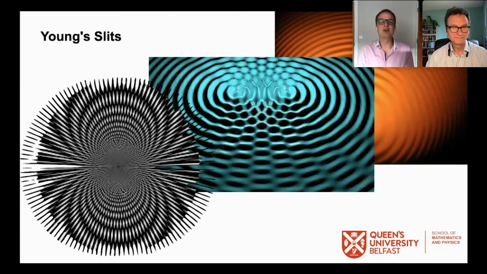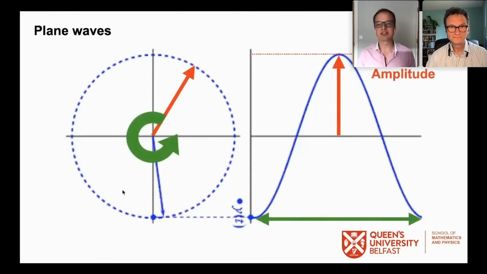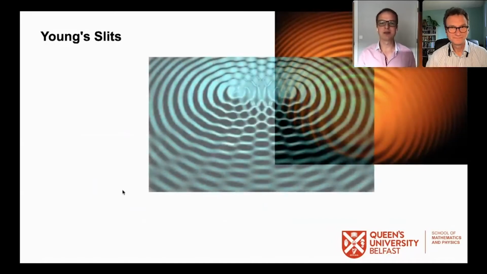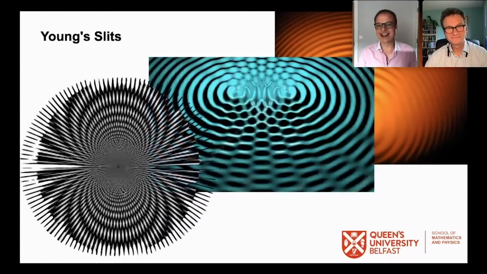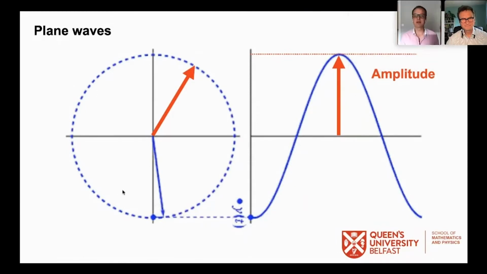But mathematically speaking, all plane waves are described the same way, and you will be familiar with the idea of a sinusoid or a sine wave. My animation has not worked for me there, so I'll go back for it. But a plane wave is just a sine, okay? So y equals sine of x is the kind of mathematical object that describes a wave. Obviously we have cosine x as well, but hopefully you're familiar with the idea that a wave can be